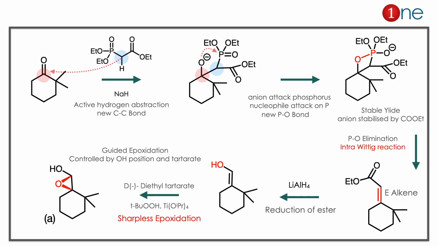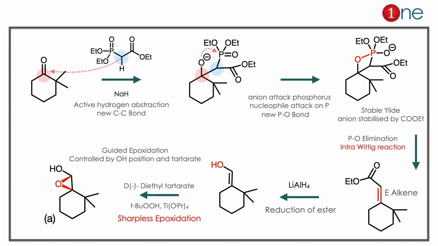The starting material is cyclohexanone and you are reacting with an active methylene compound. You are using the base. What the base really does is abstract the proton there, forming a negative charge. Then the negative charge attacks the carbonyl, and you have a new C-C bond. The oxygen is there, phosphorus is there. The phosphorus has an empty orbital so it is always prone to nucleophilic attack. So O minus attacks the phosphorus. The new P-O bond with negative charge also has to be quenched there.